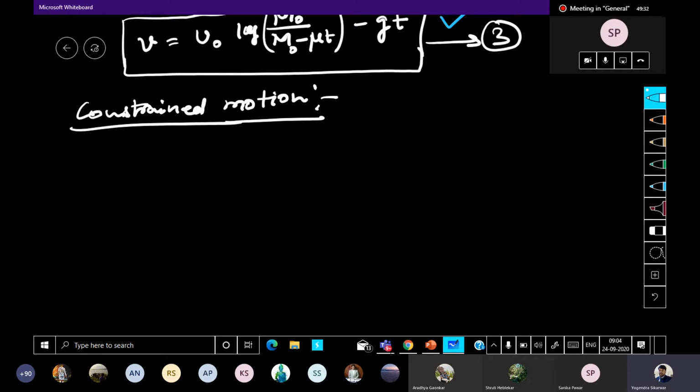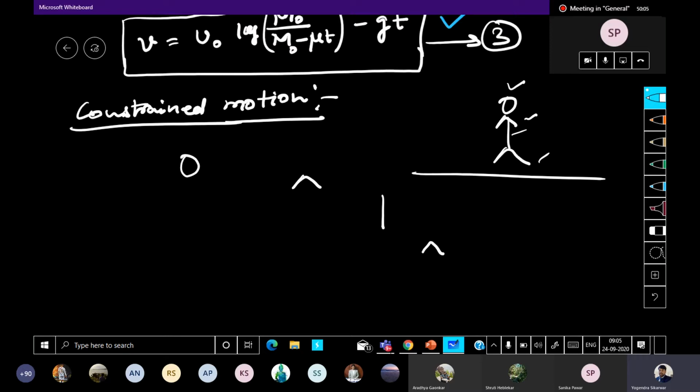Suppose I ask you one question, everyone please pay attention. Suppose this is you as a person, right? If you move, if you enter somewhere, if you go somewhere, then your head, hands, legs, stomach, all of them move together, correct? And then you reach somewhere. It never happens that the head is moving faster, then the hands are following, then the tummy, and then the legs. No. The complete person is moving together.